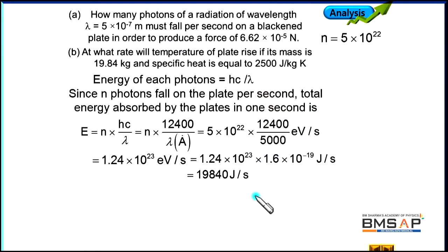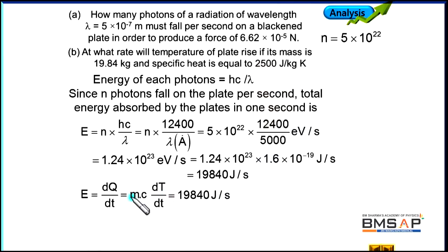We can find the rate of absorption, that is the rate of energy absorbed by the plate, that is equal to dQ by dt, and dQ by dt is equal to mc dT by dt, right. dT by dt means, T is the temperature and t is the time, that is the rate of increase of the temperature with respect to time. And here in the question we need to calculate this rate. So, we can write dT by dt equal to this value,